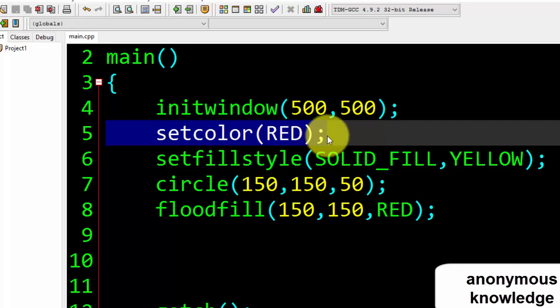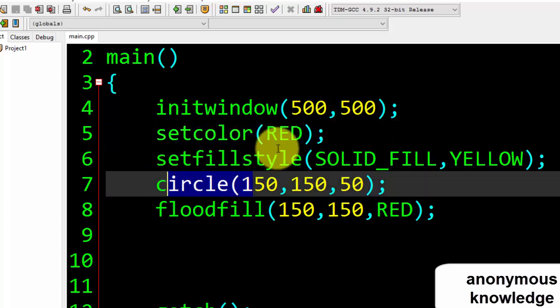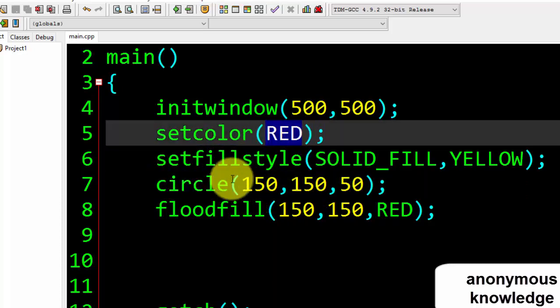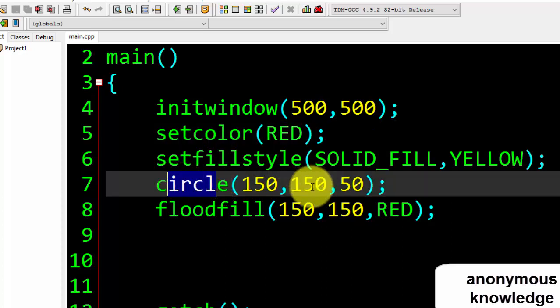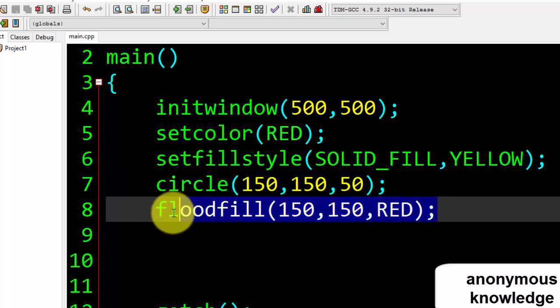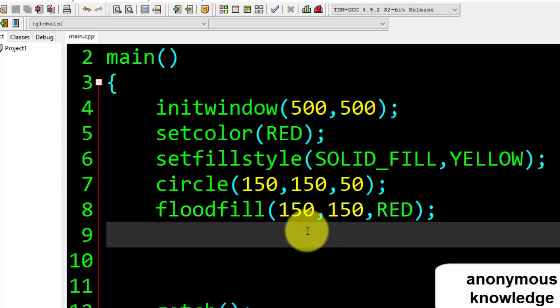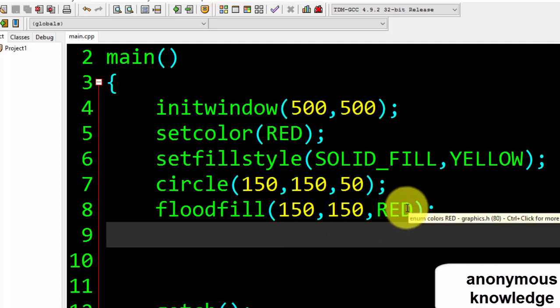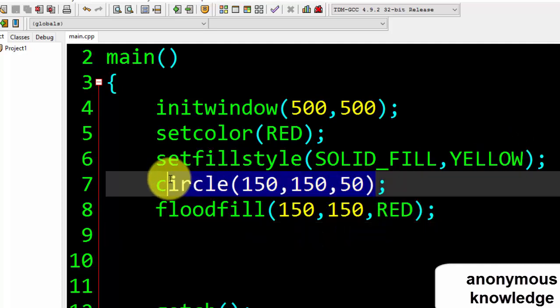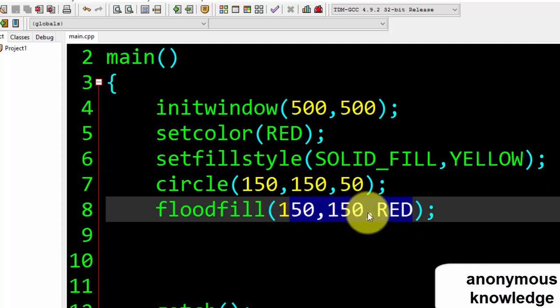This is called a built-in function, setcolor. It helps by defining the border color of that circle, and this color will be the default color of the circle and border. And floodfill is a built-in function that is used while filling a color in that circle, and it has three parameters. First two are the x-axis and y-axis, and the third